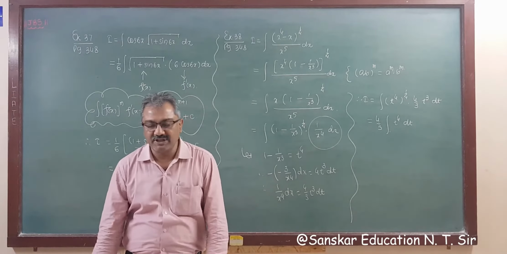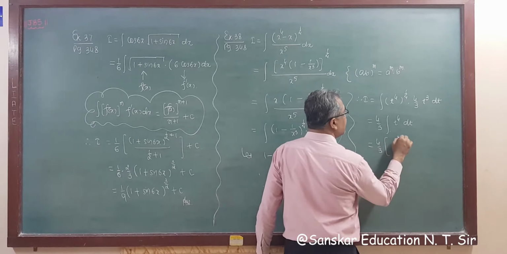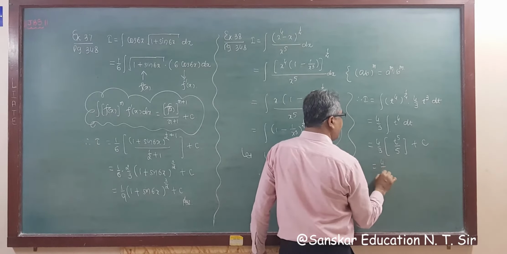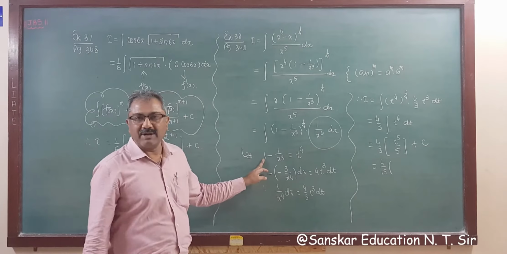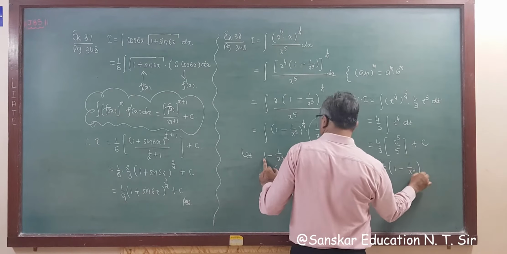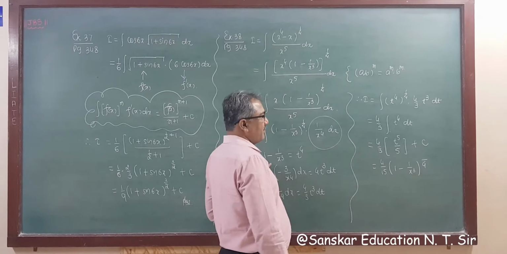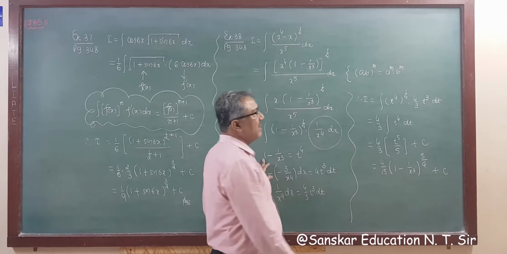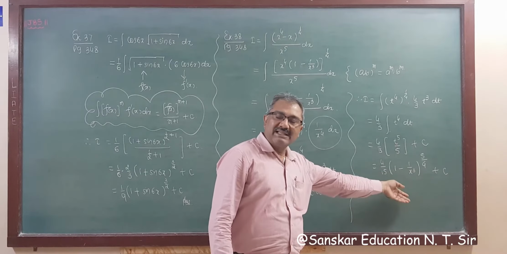Now the integration of t raised to 4 is t raised to 5 by 5 plus c. So the answer will be 4 by 15 t raised to 5 plus c. Now t is nothing but the 4th root of 1 minus 1 upon x cube. So 1 minus 1 upon x cube raised to the 1 upon 4 power, and this is the 5th power, plus c. So this is your answer. I think this is already given. Otherwise, you can take an LCM and write the answer.